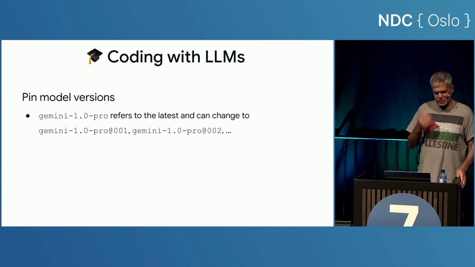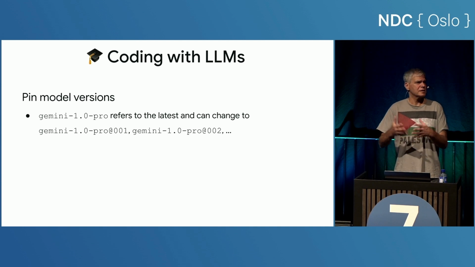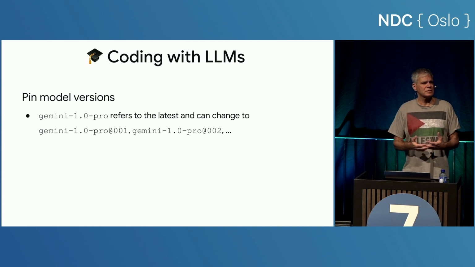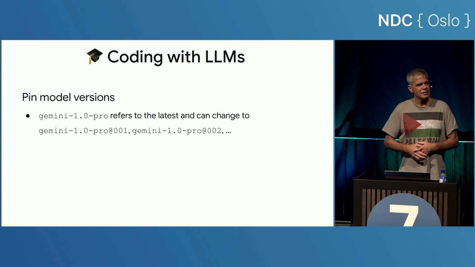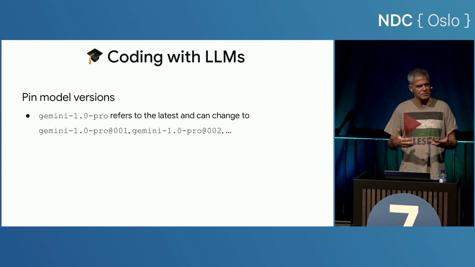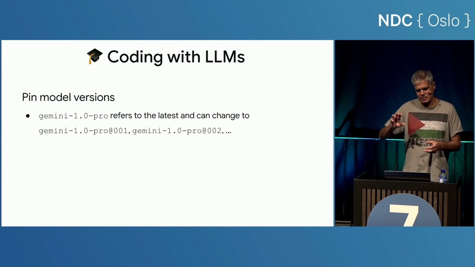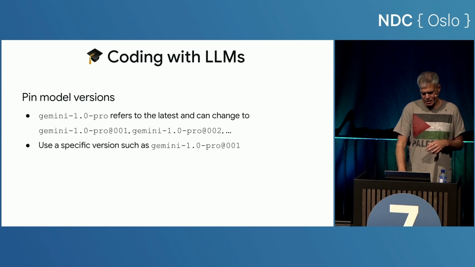Pinning model versions is really important because if you just use a name that refers to whatever the latest model is, then you leave your application open to the fact that it suddenly changes overnight or in the middle of the day, and your application suddenly behaves differently, maybe differently better, maybe differently worse. And so you want to do this the same way we would do any other software engineering application deployment job. You want to test and make sure you're getting exactly what you want, and only advance and pin it to the version you specifically want, and then advance that when you're ready.